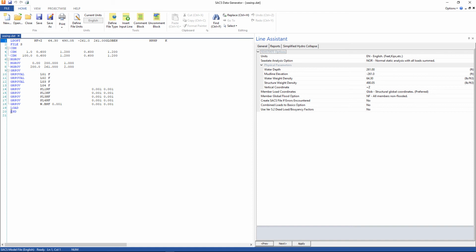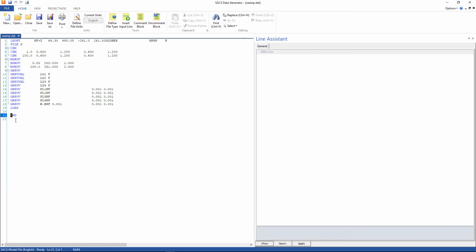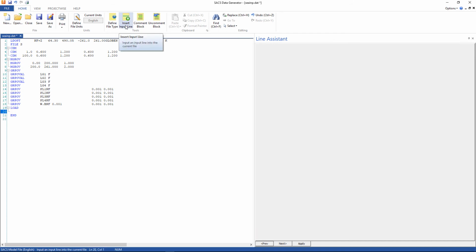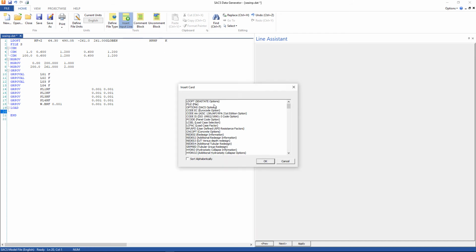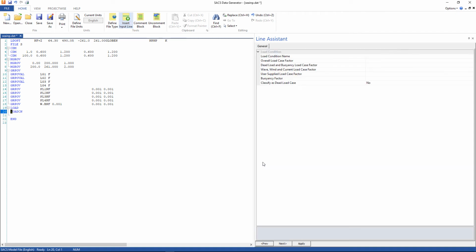Here we're gonna include the loads for the transfer function generation. Go to insert input line. Let's sort that and look for load CN. The first one, this one. Okay, and